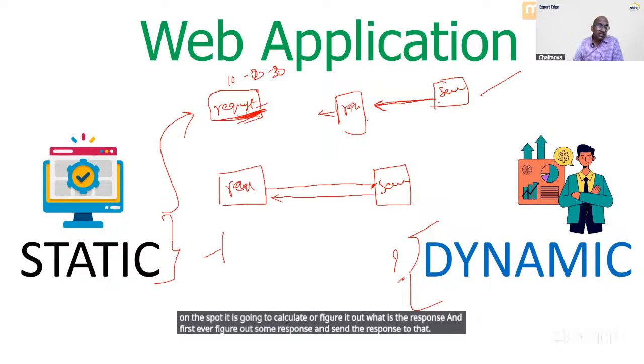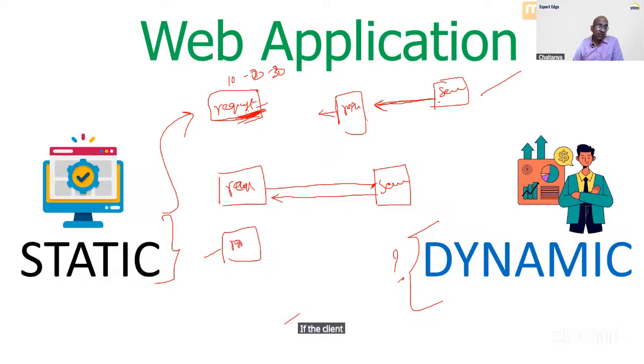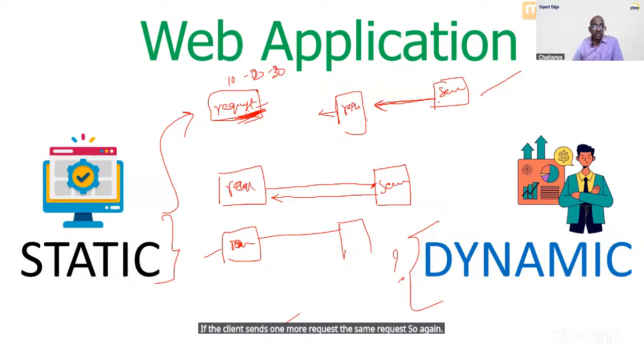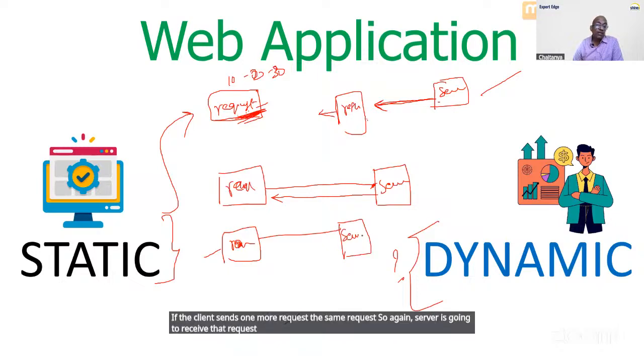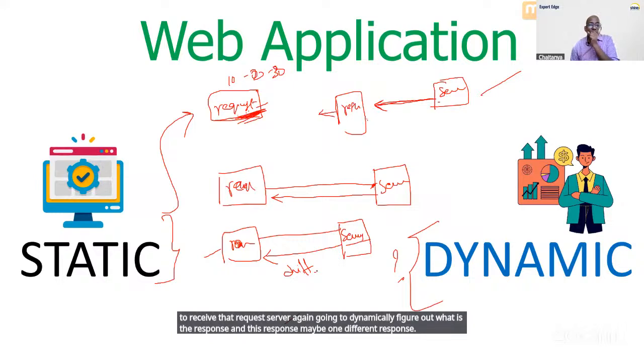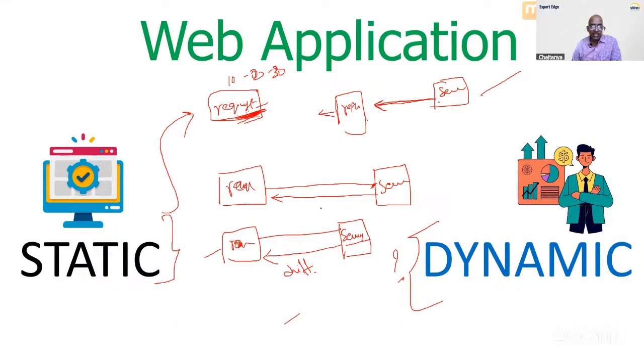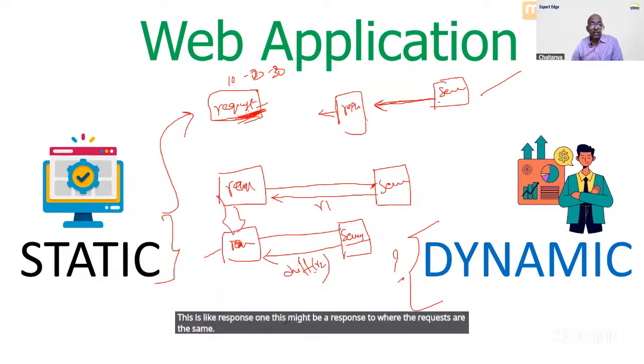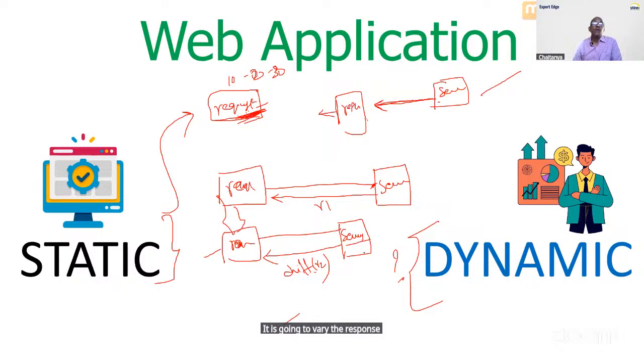If the client sends one more request, the same request, the server is again going to receive that request. The server again dynamically figures out what the response is, and this response may be a different response. This is like response one. This might be response two. Though the requests are the same, the response varies based upon the data the